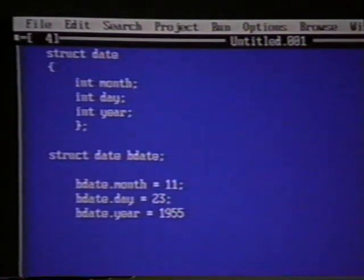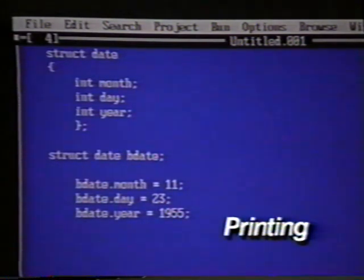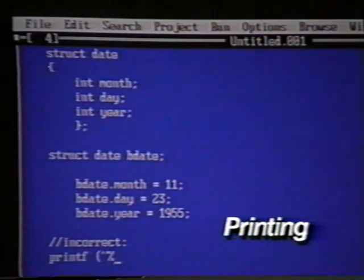If we want to print the date, we cannot print bdate by passing it to printf. We have to print the structure members individually. This method for printing is incorrect. printf("%2d/%2d/%4d\n", bdate);